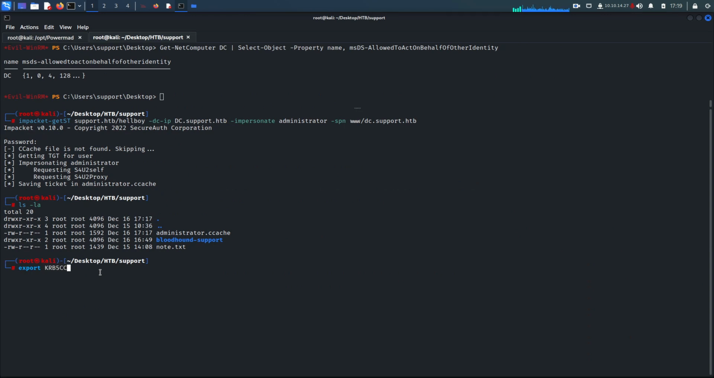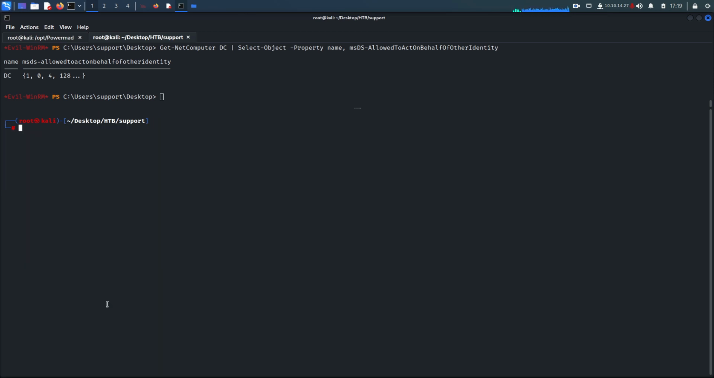So export KRB5CCNAME equals administrator.ccache. Fine. So just hit enter, and now this ticket is in the session, and we can use psexec or smbexec to access the administrator account. So let's try with psexec. So impacket psexec, fine,